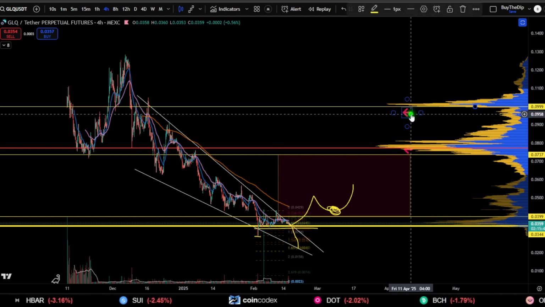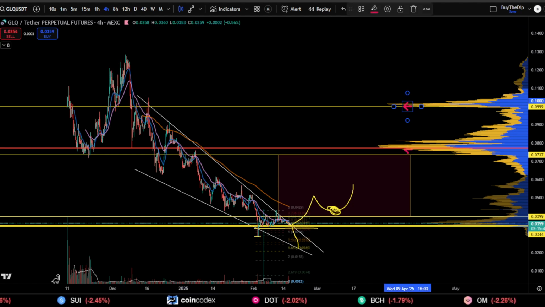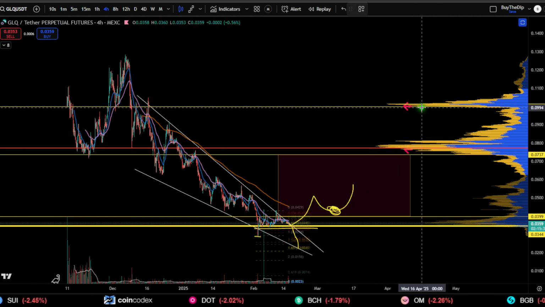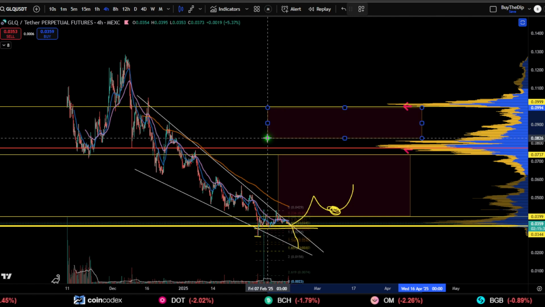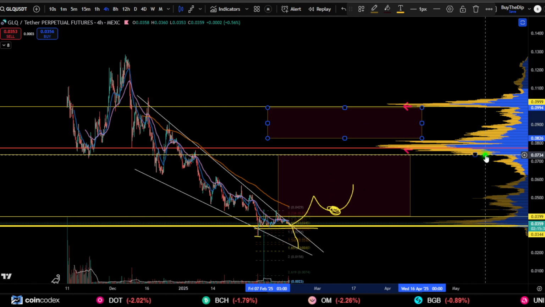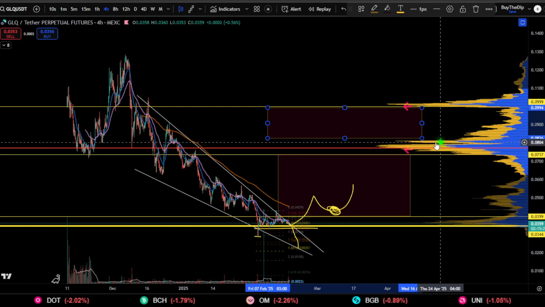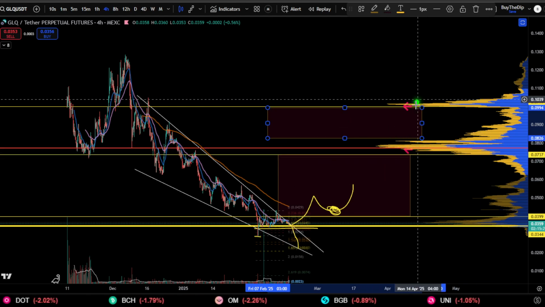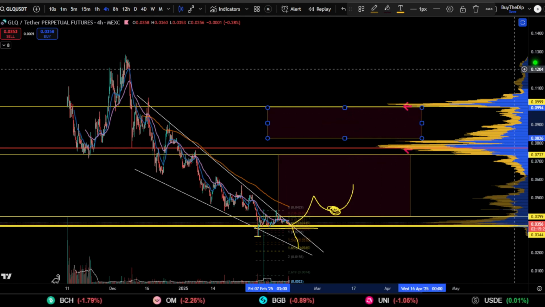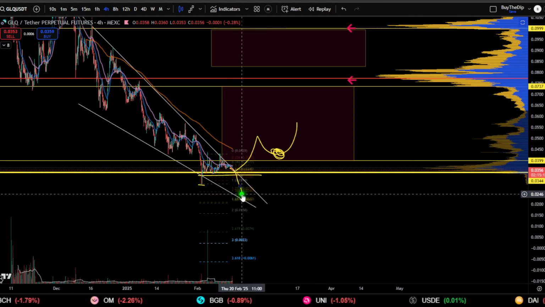So the base of the wedge, I'm going to look for a little bit more confluence, which is right here. Put that here, and then I could also put some note that there is weakness into this zone by putting a box and suggesting there's weakness. If we can break above this zone, it's pretty much a smooth move to the upside, which will hit about 9 cents, 9.9 cents. So you can see there's a good amount of weakness, a bit of a rejection right here, and more of a rejection right here. But then all of a sudden, if we can sweep all of this, we go for higher highs and get into price discovery.